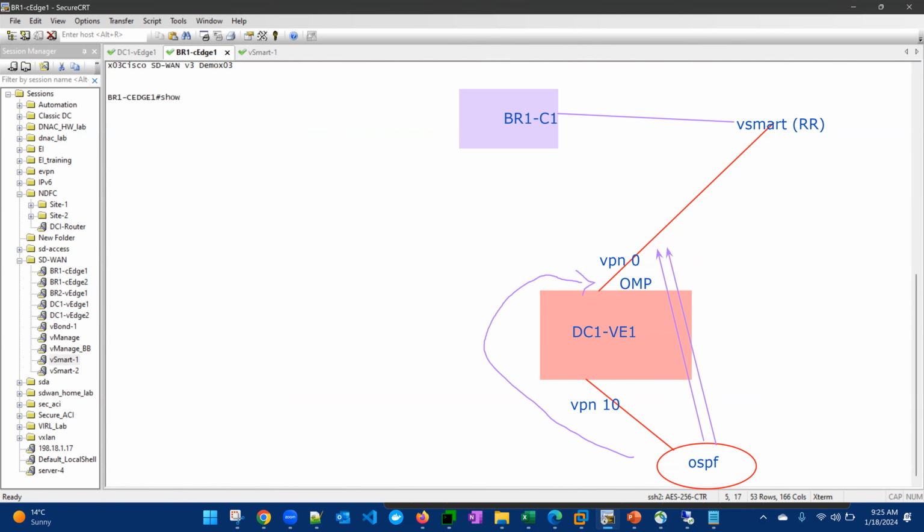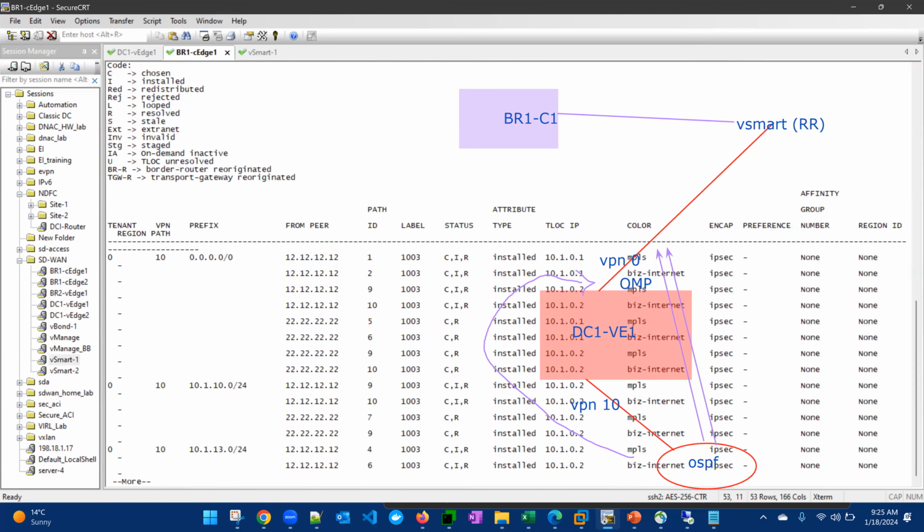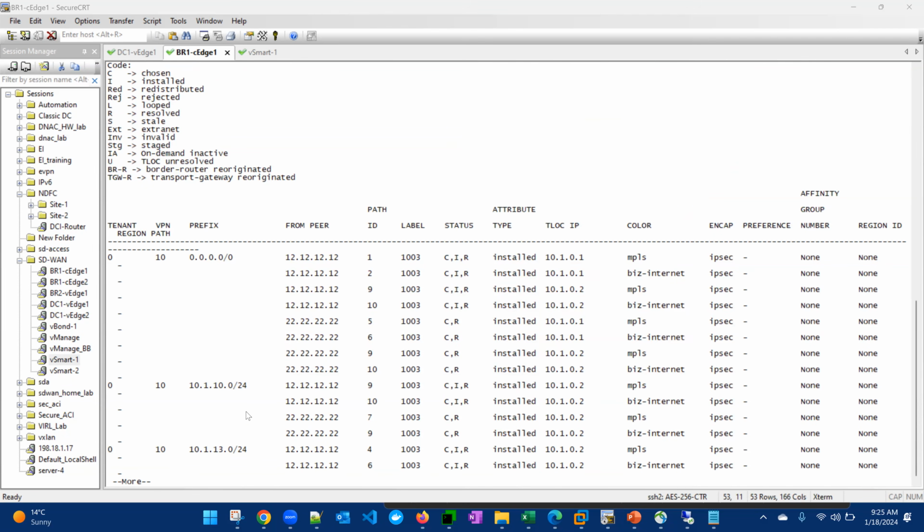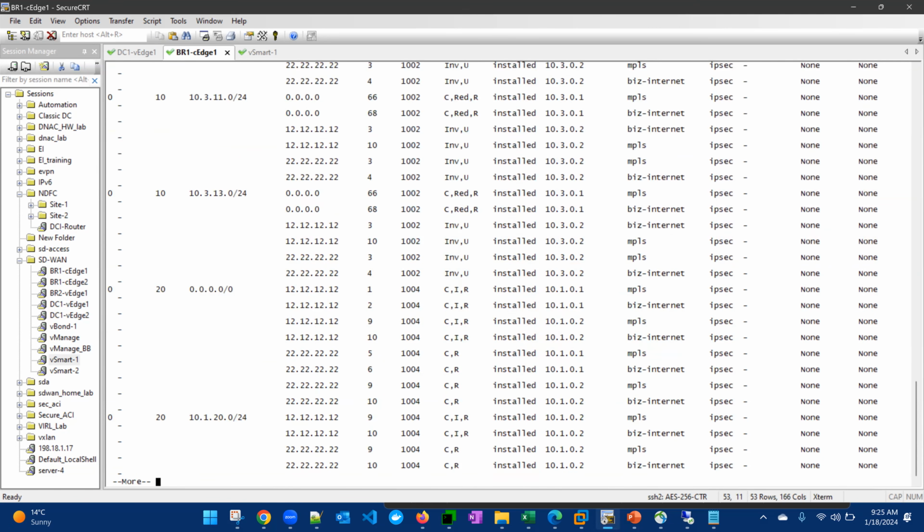So if you come here and type show omp route, it will not work because that command is not supported on cEdge devices. On cEdge devices, you have to type show sdwan omp routes. Okay, and now we can see here 10.13.113 etc. Let me clean this screen. And let's focus first on 9.9.9.9, and then I will come to